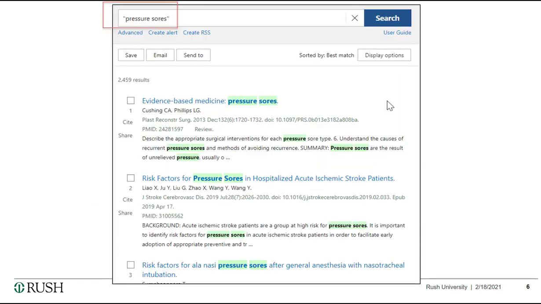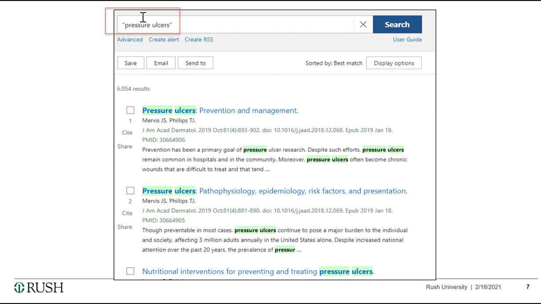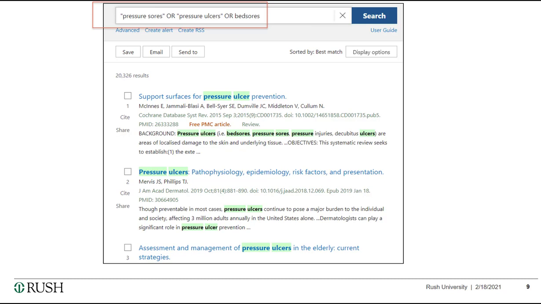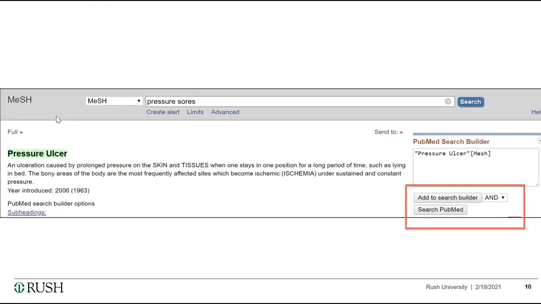Here's an example of a good time to use MeSH. Let's say you're looking for articles about pressure sores. You'd be interested in articles that use the term pressure sores, or pressure ulcers, or even bed sores. To retrieve all these articles, a reviewer must search on each of these terms. However, all of these articles should have been tagged with the MeSH term pressure ulcers. That means searching for a single MeSH term will return all of these articles. Much more efficient than searching on individual keywords.